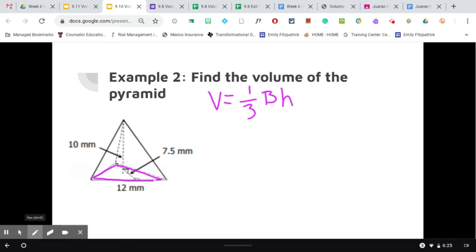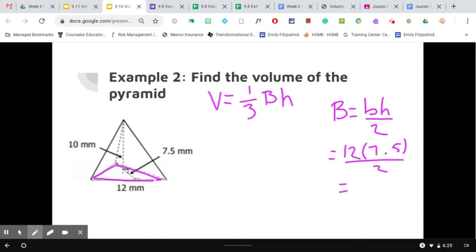I know y'all struggle when the base is a triangle because you forget you have to do base times height divided by 2. But since it is a triangle, that's what we have to do, base times height divided by 2 of that base that I outlined in purple. Remember, the base and the height have to make a right angle, so the base and the height of that bottom one are going to be 12 and 7.5. So 12 times 7.5 divided by 2, and that gives me,